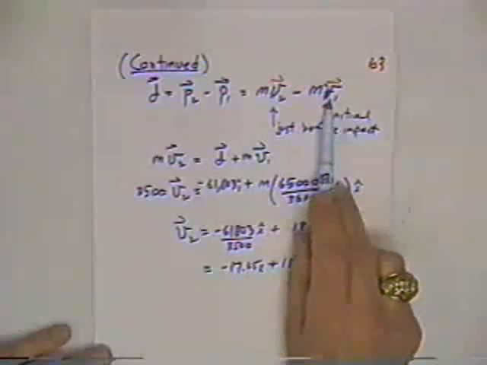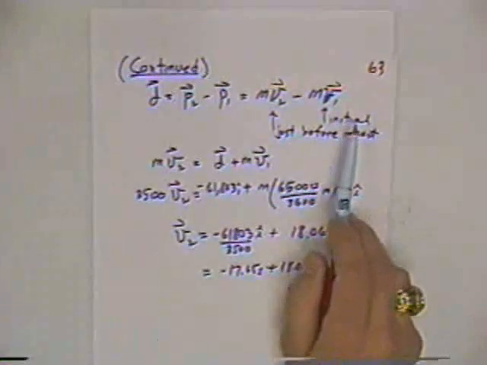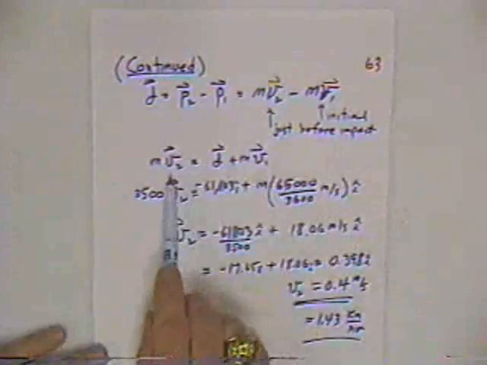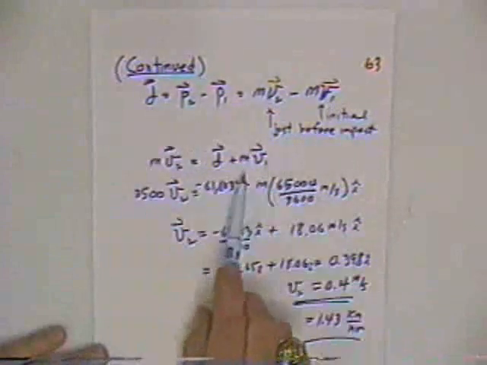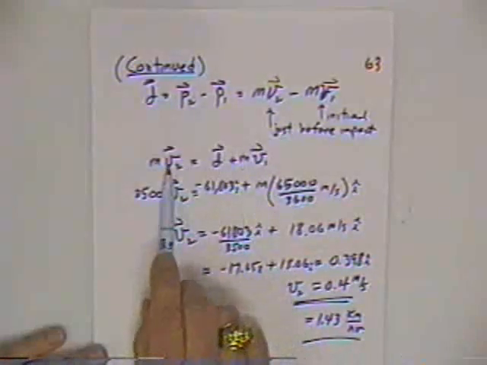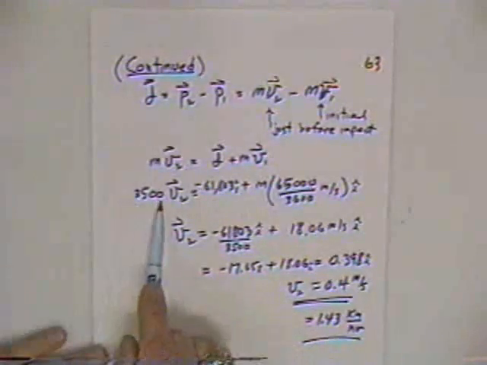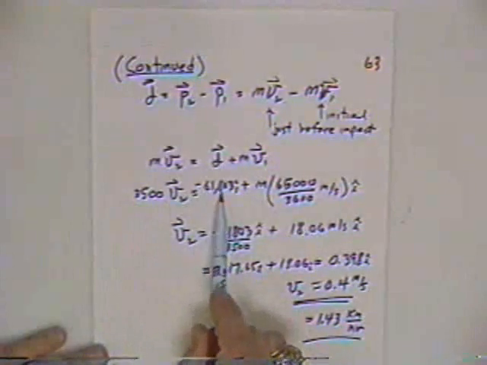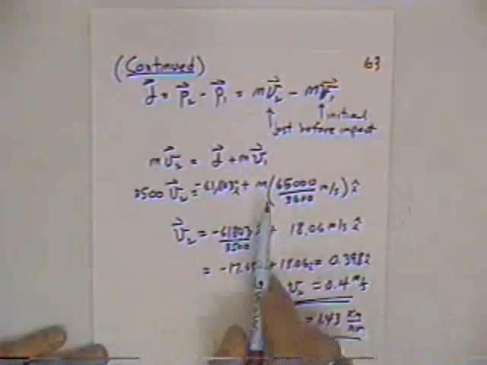I guess I ought to make these things vectors to make my equation all vectors. And v1 is the velocity when he starts his skid, and it's given to be 65 kilometers per hour. So, I'm going to solve for mv2. mv2 is equal to impulse plus mv1. So I've got the initial momentum plus the impulse is equal to the final momentum. 3,500 is my mass in kilograms times v2 is equal to the impulse I just calculated, minus 61,803 in the I direction, plus mass,